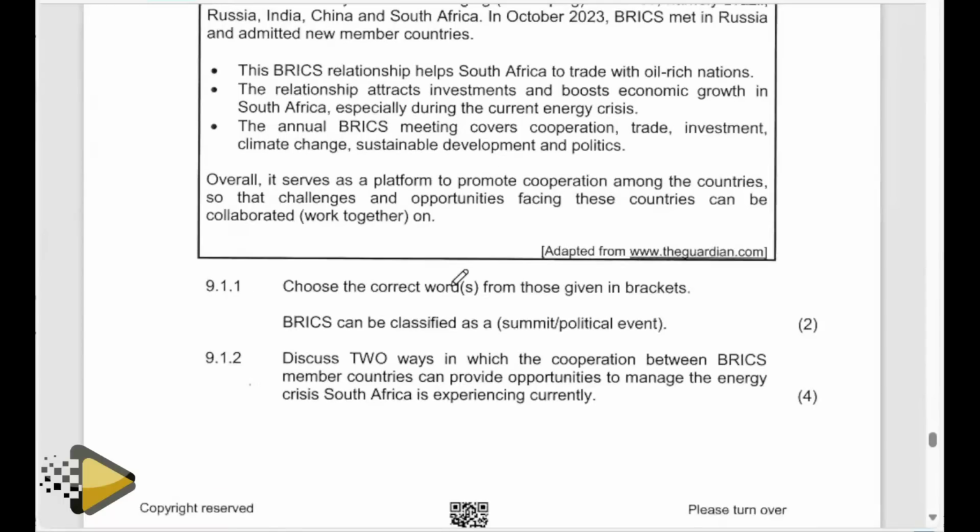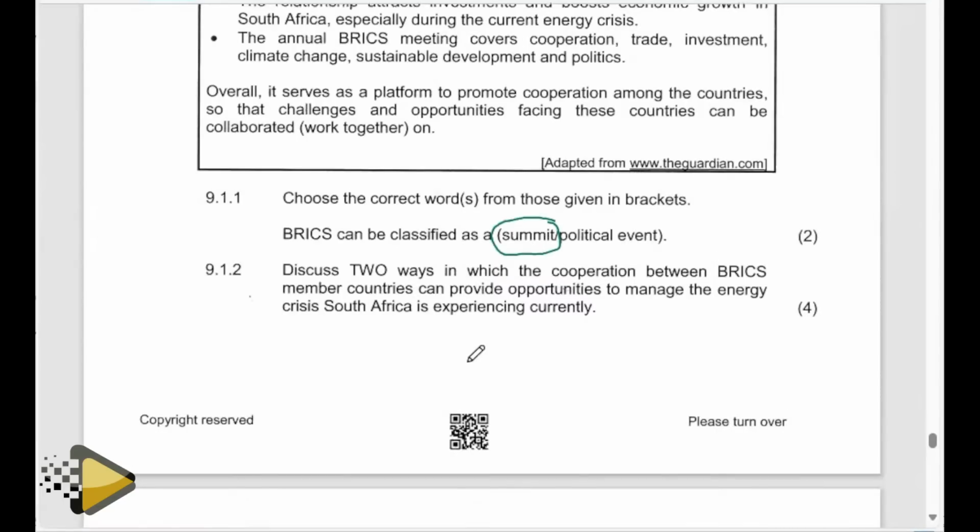Choose the correct words from those given in brackets. BRICS can be classified as a summit. It is a meeting amongst the heads of states from those 5 countries and also from the new member states. Discuss 2 ways in which cooperation between BRICS can provide opportunities to manage the energy crisis which South Africa is currently experiencing. So the cooperation